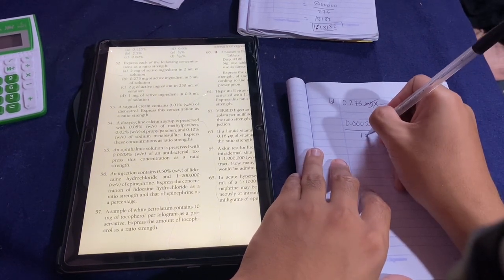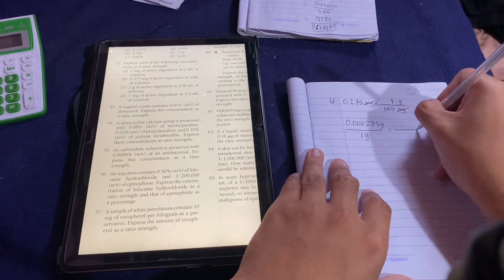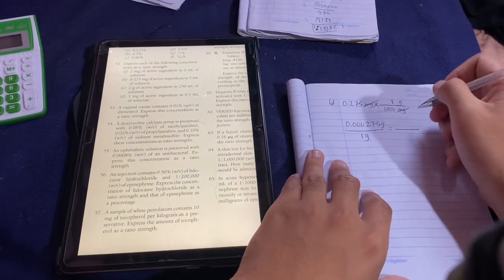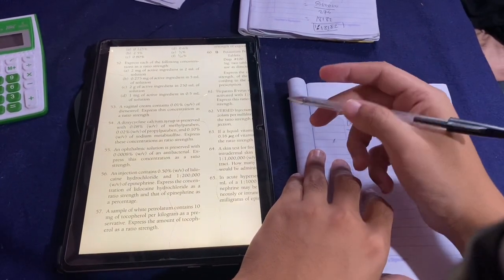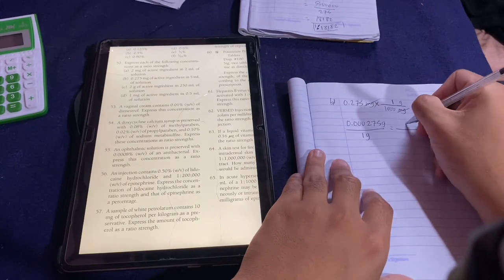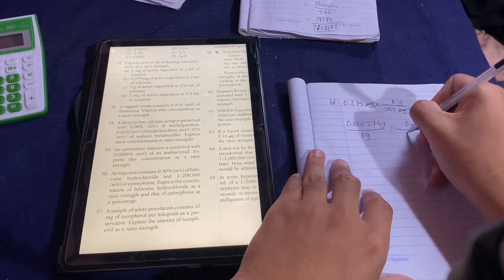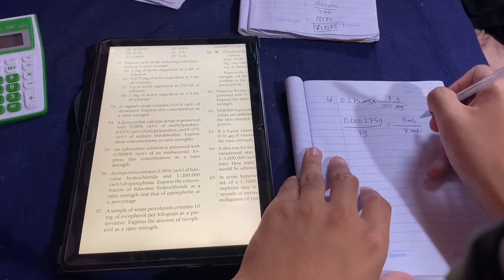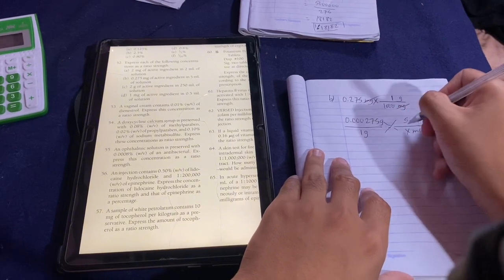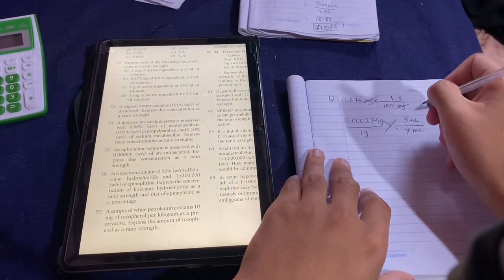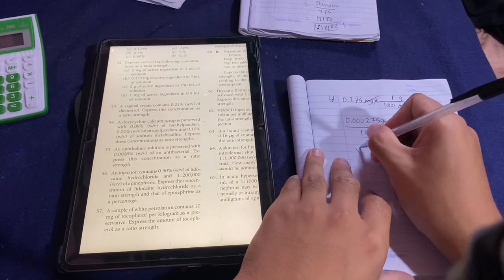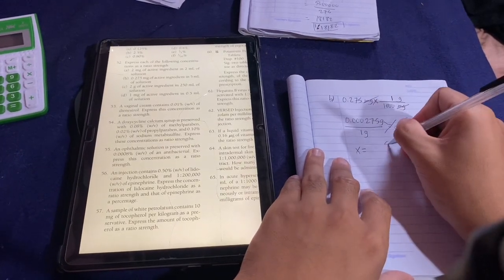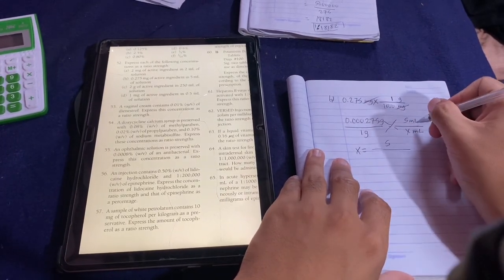Then we can put it here, over 1 gram. Then here is our volume, which is 5 ml. 5 ml, and here is x ml. Okay, so we cross-multiply them, and that's like a proportion. So x is equal to 5 over